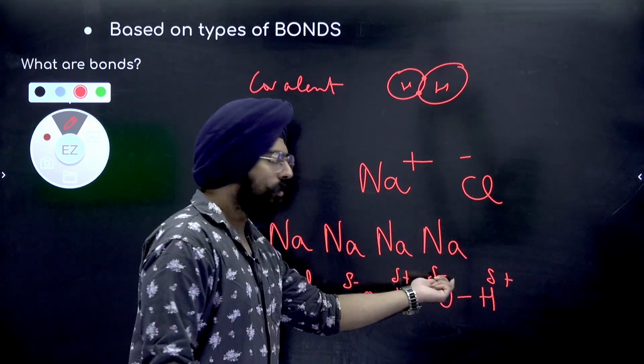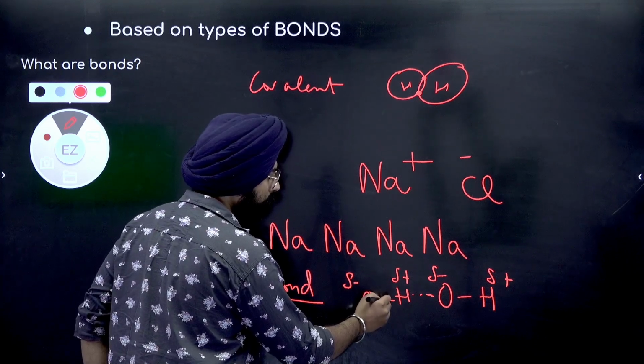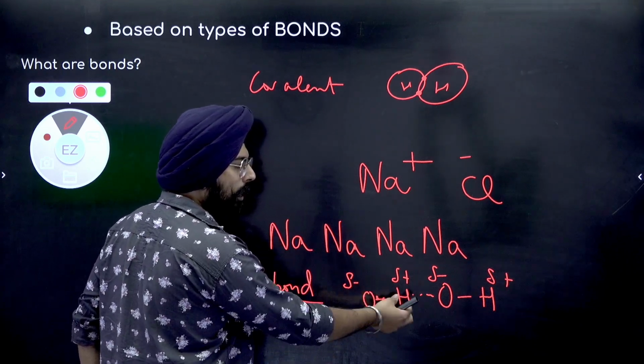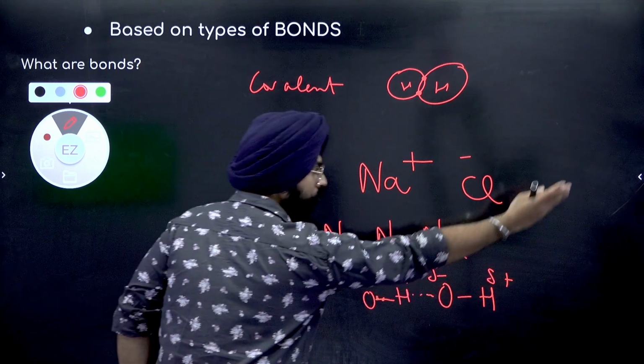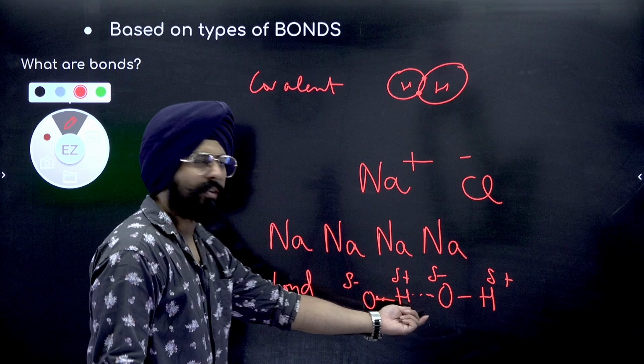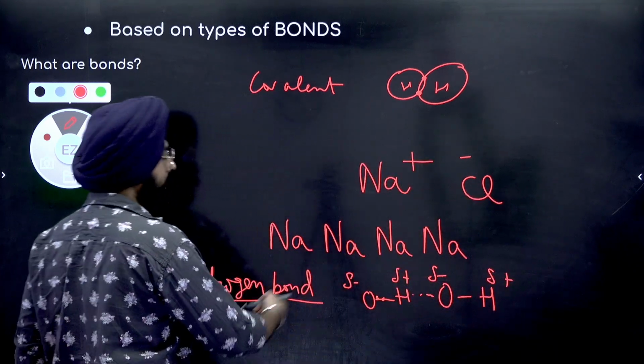Why do we have this positive and negative character? Because of the electronegativity of oxygen. Both the electrons in this bond are more towards oxygen, therefore it has a negative character on it, and so on and so forth. Yeah. So when hydrogens are involved in dipole-dipole interactions, these are known as hydrogen bonds.